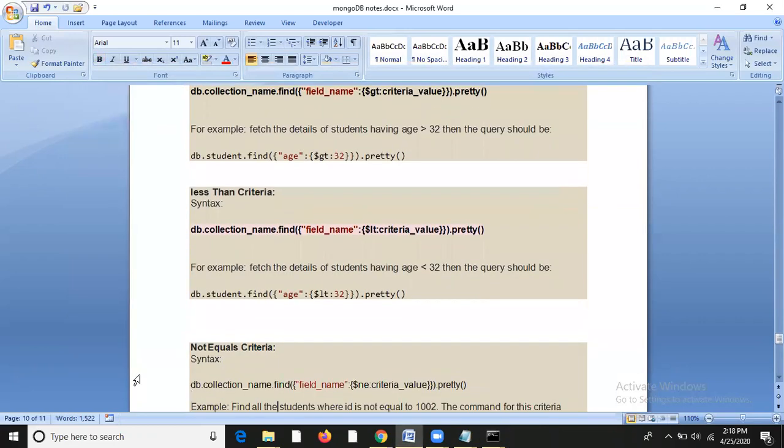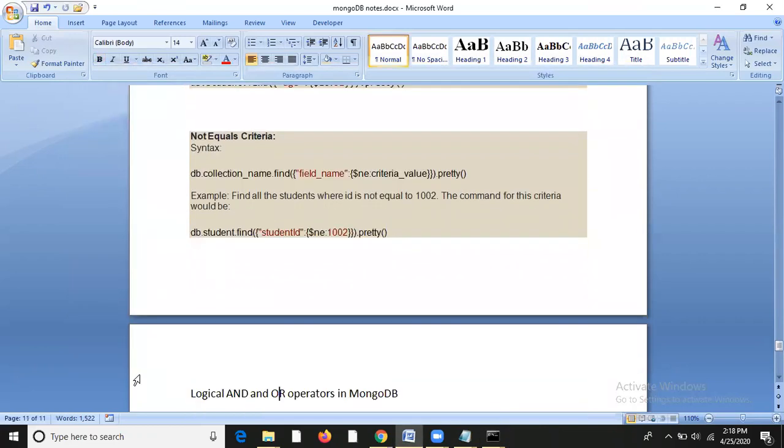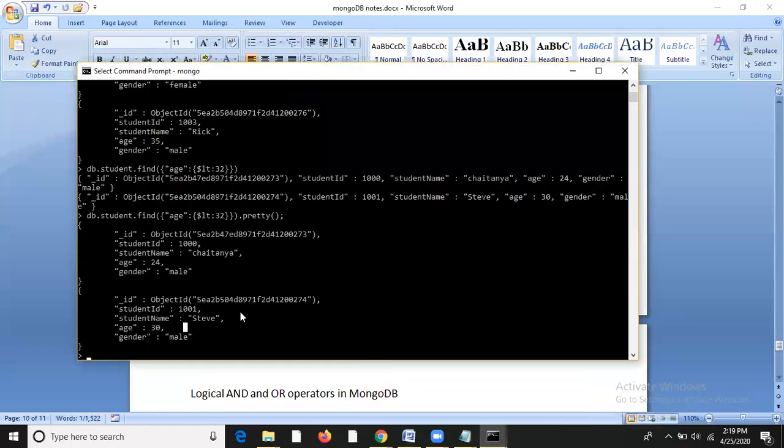There is one more criteria called the not equals criteria. For example, if I want to display the records of students whose ID is not equal to 1002, in that case I will use the not equals criteria. The not equals criteria is denoted by the $ne sign. So for example, if I want to display the records of students whose id is not equal to 1002, then in that case I will write